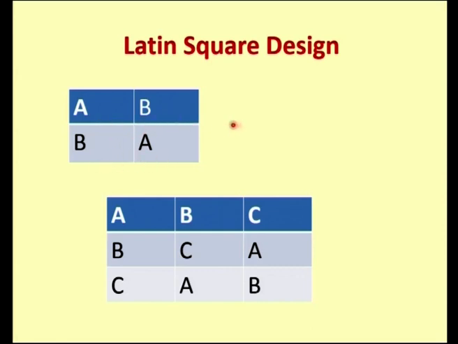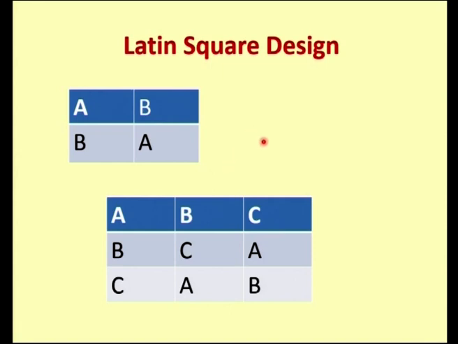So, in 2 cross 2 we have 2 treatments. So, we have 2 rows and 2 columns. So, the arrangement is like this: A, B in the first row in alphabetical order and the first column also in alphabetical order. So, this is a standard design. And for 3 cross 3 we have 3 treatments and 3 rows, 3 columns. So, in the first row we have alphabetical order A, B, C, and in the first column we have A, B, C. So, for 3 cross 3 and 2 cross 2 we have only one